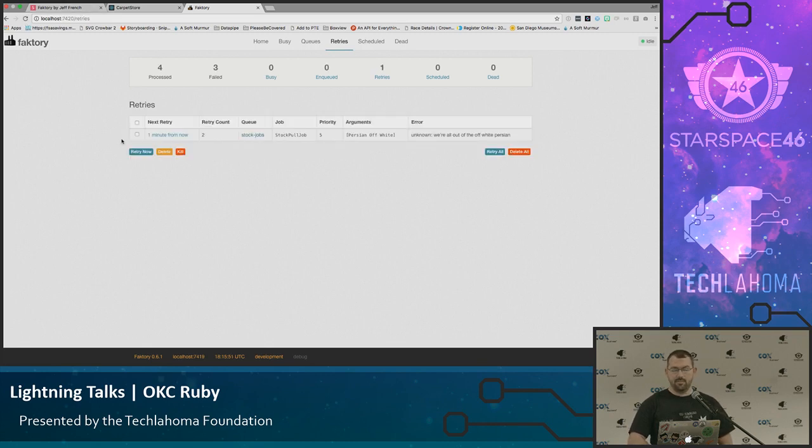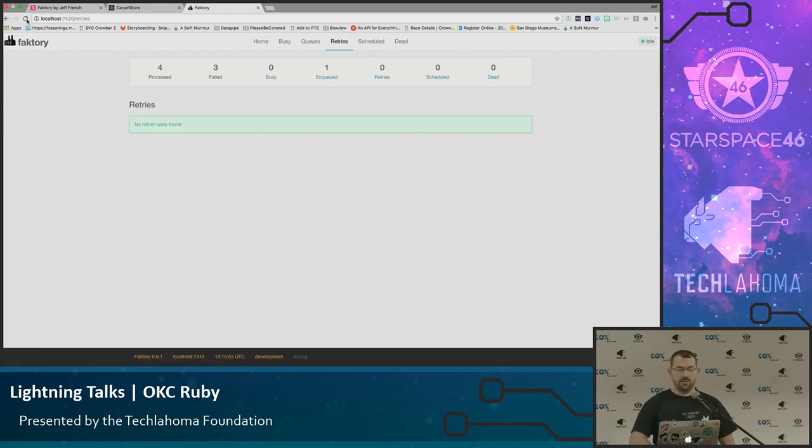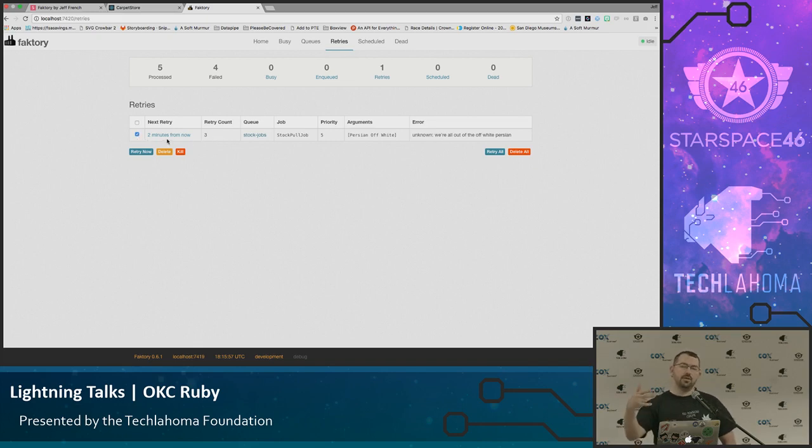Because it'll never actually pass because it's hard-coded not to. But as we can see, it's going to keep retrying and keep retrying until it hits its retry threshold, and that's configurable. And I can see how many times it's happened. And as you can see, it kind of naturally backs it off, just like Sidekick does. So it says, I want to go ahead and push this retry off a little bit more, maybe retry it a little bit further down the road. So that's the bulk of what Faktory does.